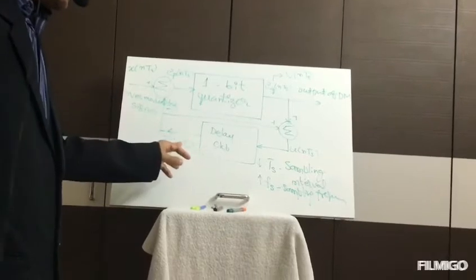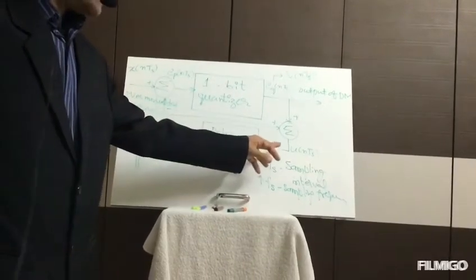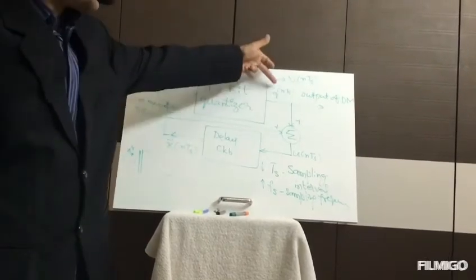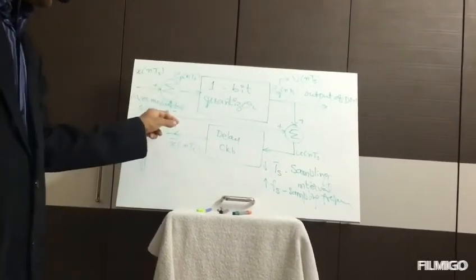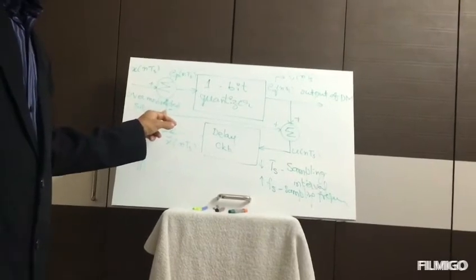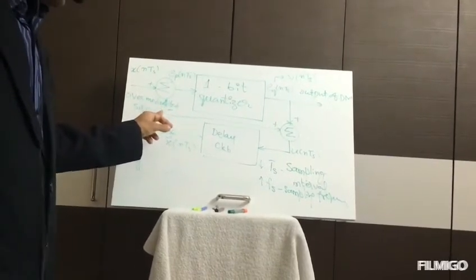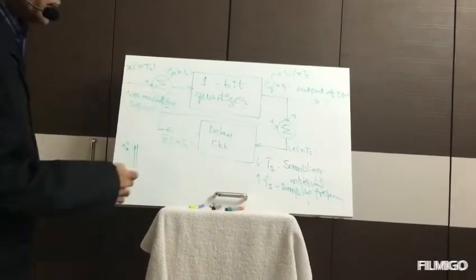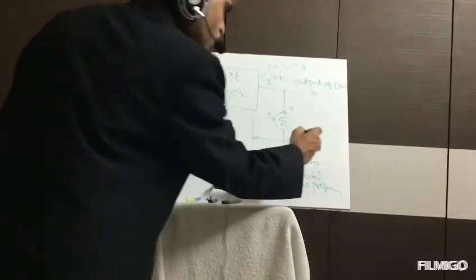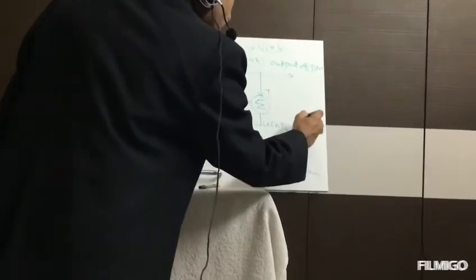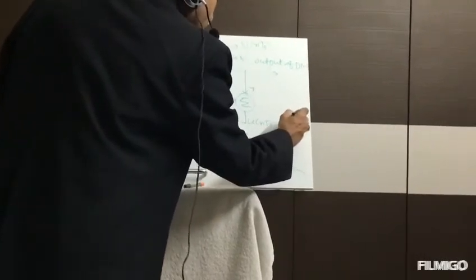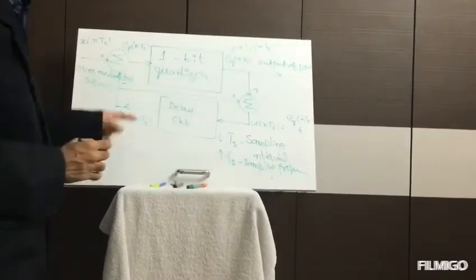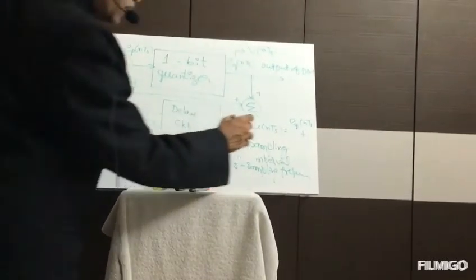So the delay circuit is given the input from the summer, which has two inputs in turn. One is the output of the delta modulator, another is the previous sample. The sum of these two is taken to be U of nTs. What is this U of nTs? One is EQ of nTs plus, what is the other input here? This one, that is X tilde of nTs.